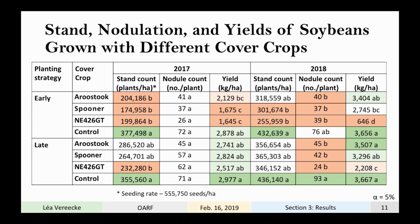It's the case for every cover crop. It's not the case for the control. It doesn't seem to affect the soybeans to plant them earlier or later into bare ground. So looking at the bottom part of 2017, comparing the different cover crops in the late plant treatments, the two